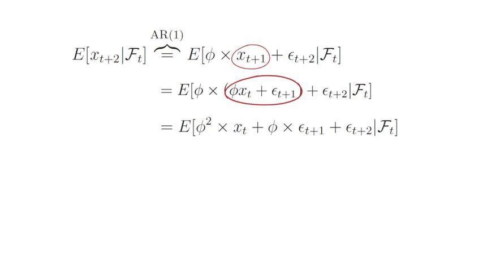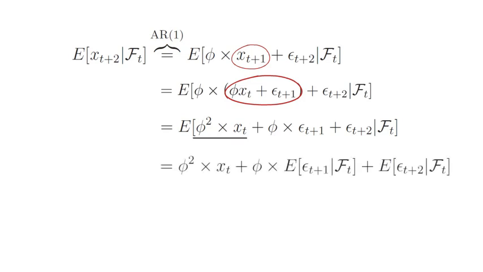So again, ask yourself what is known as of Ft. The phi is known, the xt is known, so you pull out the first product of phi squared xt outside of the expectation. Then you end up with plus phi times the expectation of epsilon t plus 1, conditional on Ft, plus the expectation of epsilon t plus 2, conditional on Ft. Now, since epsilon again is a white noise process, the conditional expectations are simply 0, so therefore we know the two-step ahead forecast for the AR1 process is simply the current value for x times phi to the power of